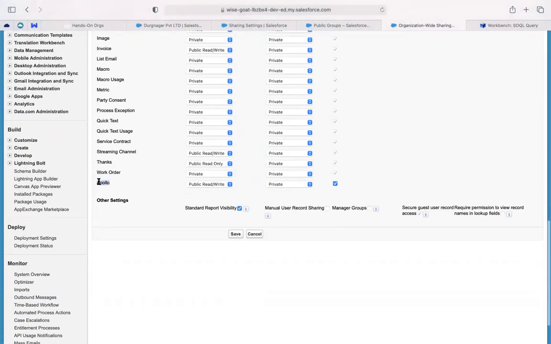For any custom objects, you can check or uncheck this. If you choose to check this, which is done by default, then the record sharing will happen via the role hierarchy. People with the lesser role, their records will be shown to people with the higher role.